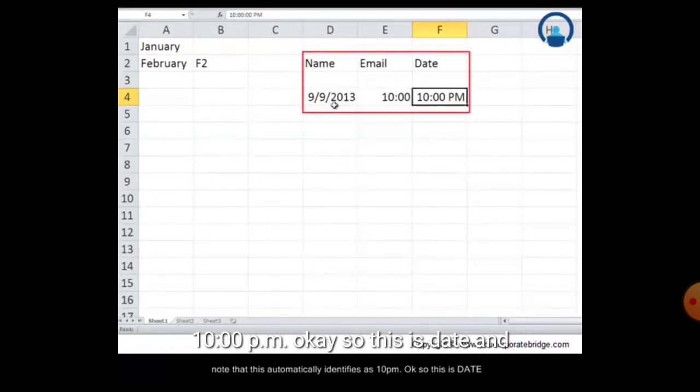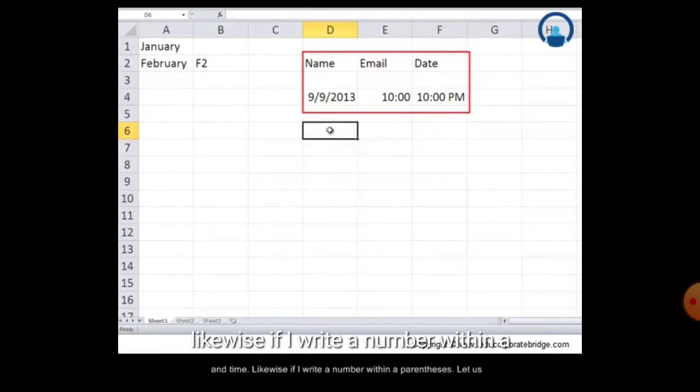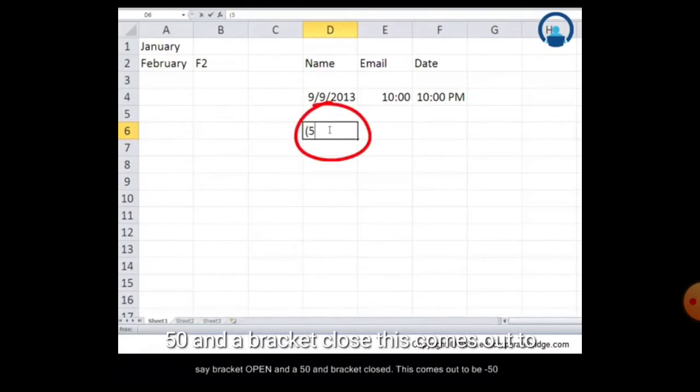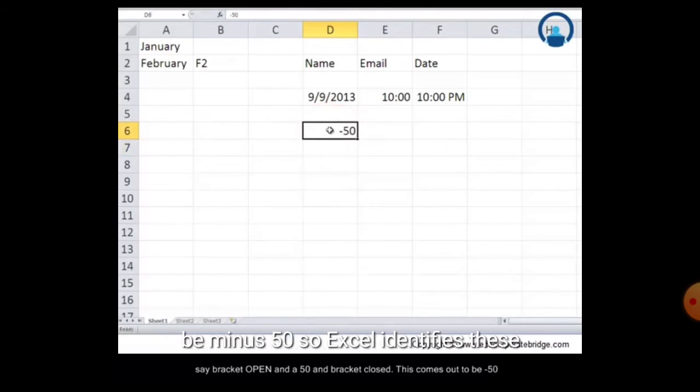So children, as you can see, Excel takes all these things automatically and understands the format of the data. Suppose we write a number inside parentheses, it automatically changes it to a negative value.